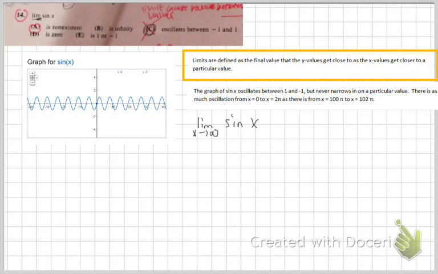Here we're trying to find the right infinite limit of sine x. And if you look in the orange box, we see that limits are defined as the final value. And that's very important because generally what you're looking at with limits is that the function will narrow into a certain point. And if you look at the graph of sine x, which we have here,